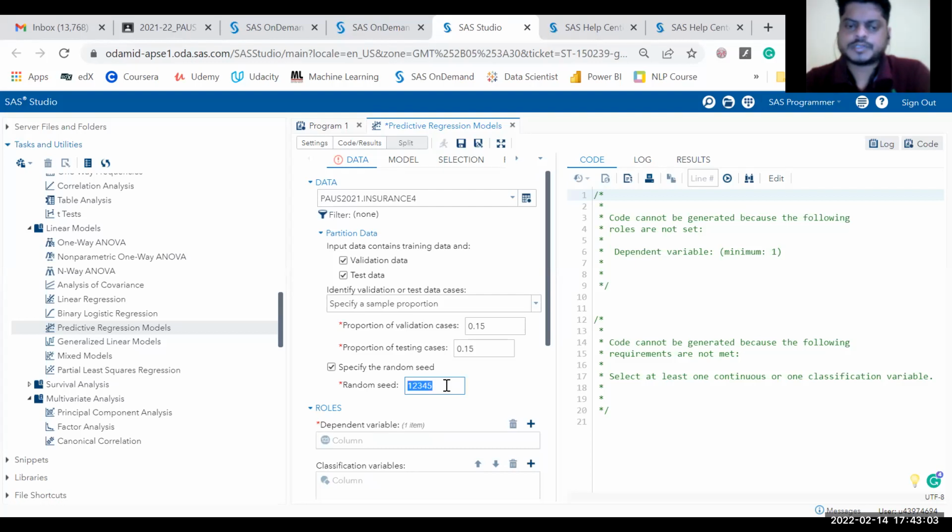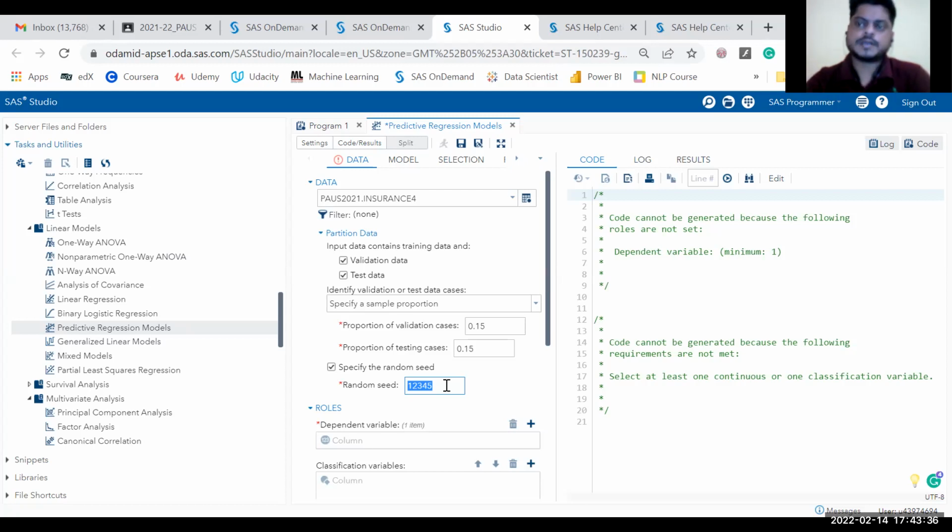Yes. So the random seed actually helps because whenever we are working in a company, different individuals might work on the same model, right? If I have used a different random seed, the way it divides the training, testing or validation data set will be completely different, though we are using the same model and the same technique. So in some cases you have to define the random seed. If I say I have used this random seed, and the other person, let's say Apurva or someone else, is trying to build the same model,